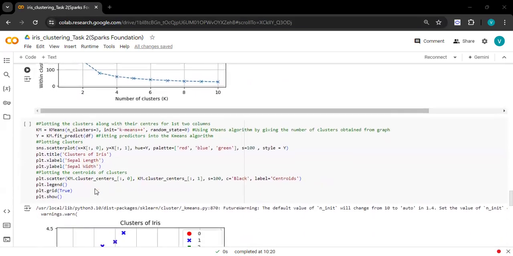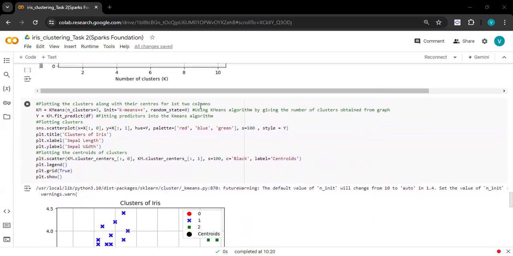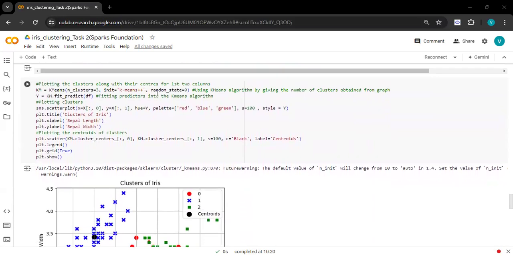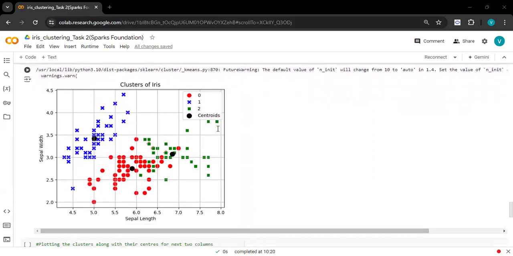So I'm visualizing the clusters for the first 2 columns. Here I can see that I'm plotting these different species in different colors: red, blue, and green. You can see that the plot is between the sepal width and sepal length. Between these 2 columns, the species are distributed as these 3 different clusters,